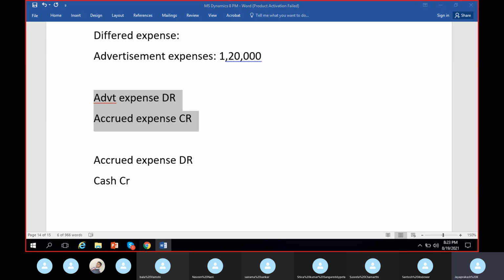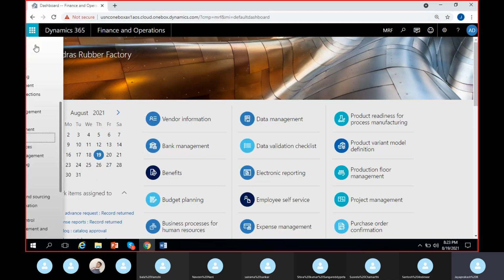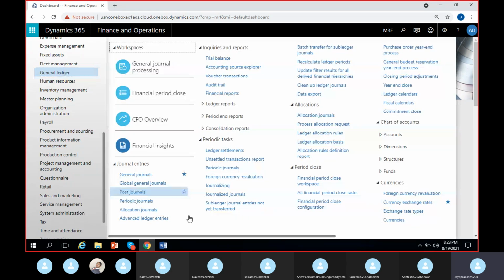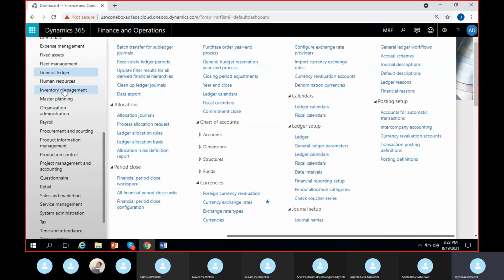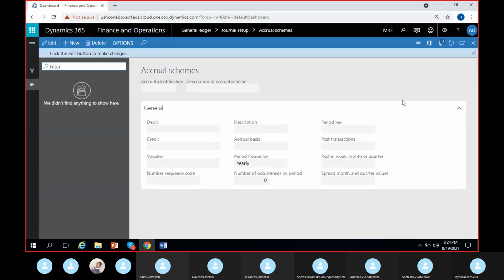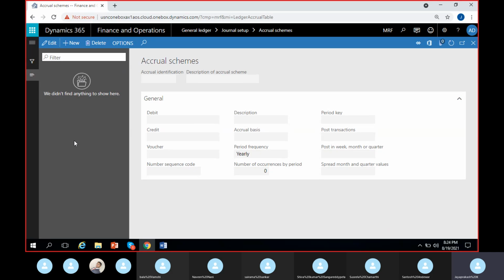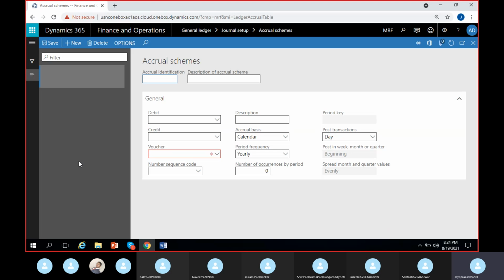Okay, so to configure accruals we have to go to general ledger. This is a little complex part, try to understand. In general ledger, under journal setup I have accrual schemes here. General ledger, journal setup, accrual schemes. So if I click on accrual schemes here, I can see it's an empty form. I can create an accrual scheme. So I'll go for new and I'll create an accrual scheme as